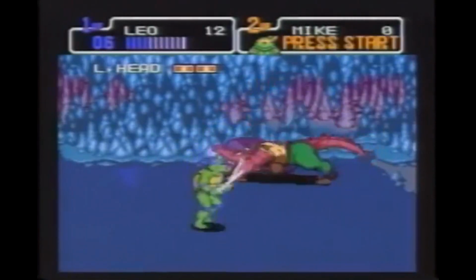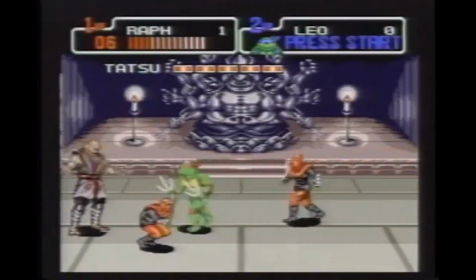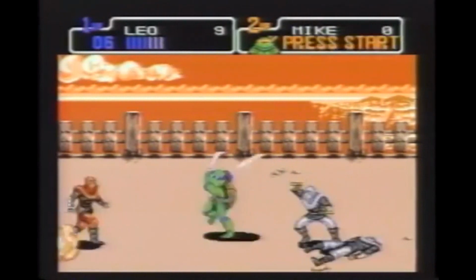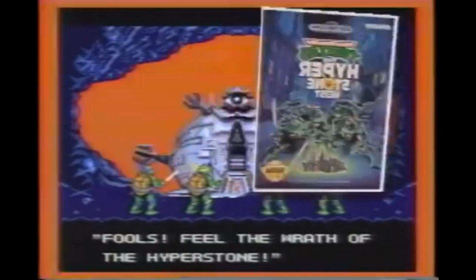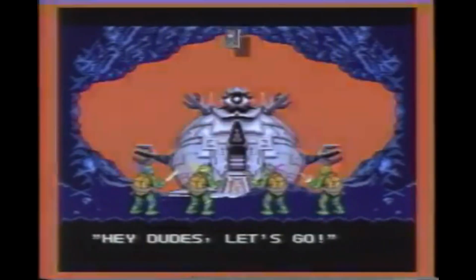Watch out for Leatherhead, Stone Warrior, Rocksteady, Tatsu, and Krang, because they won't be happy to see your half-shell head as they try to stop you in your turtle tracks. Teenage Mutant Ninja Turtles, the Hyperstone Heist, will have Sega Genesis Turtle fans coming out of their shells and heading